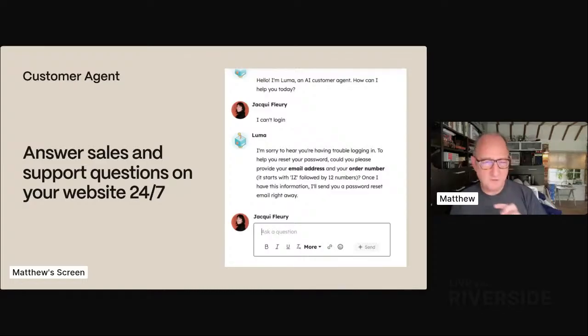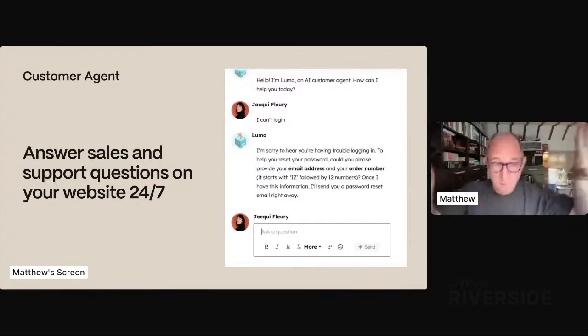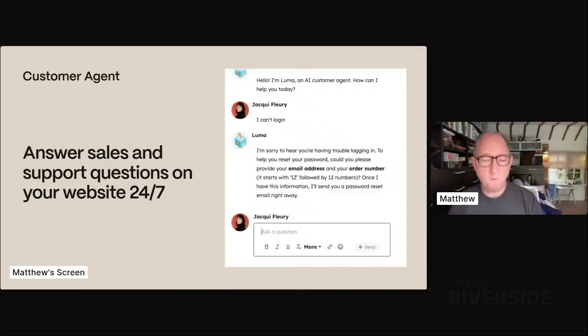Okay, as an experiment, we would suggest trying this on maybe one page of the site, one product area, or tuning the different agents to different product sets. So maybe you have, for one audience, this customer agent, for another audience, that customer agent, and you embed those on the different audience pages, for example. So you can be quite granular about where these conversations appear, and you can tune them. Okay,